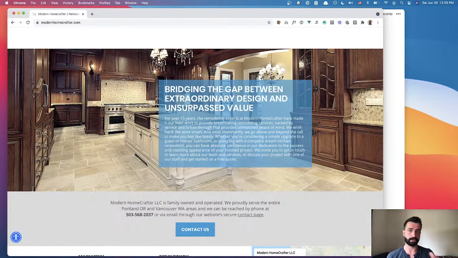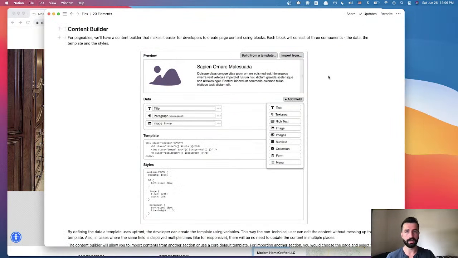So you have your data, you have your markup, and then you have your styles. Depending on what front-end framework you're using, sometimes your styles go in with your markup, like if you're using Tailwind. But imagine you actually have separate CSS for it. So you have those three elements: your data, your markup, and your styles. My goal is to be able to build these separate block items using this new dashboard.